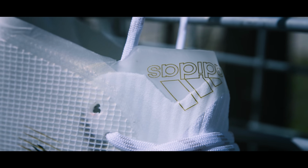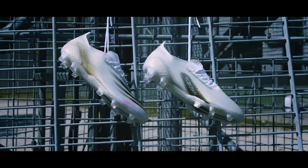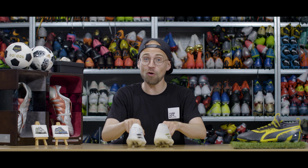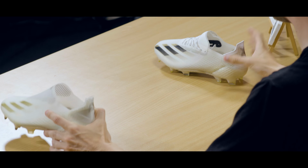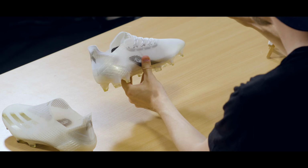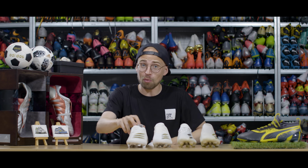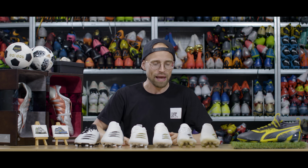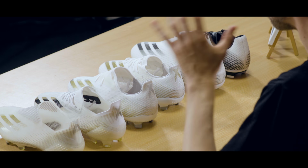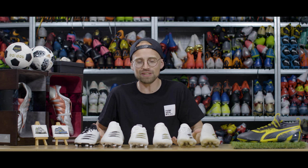When Adidas dropped the new X Ghosted, we all had to wait a month to get our hands on them. And today, the wait is over, which means that you can now finally get not only the X Ghosted Plus and the X Ghosted.1s, but Adidas have actually also dropped the X Ghosted.2, the X Ghosted.3, the X Ghosted.3 laceless, and the X Ghosted.4. But since choosing between 6 boots ranging between 55 to 280 euros can be a little bit confusing,